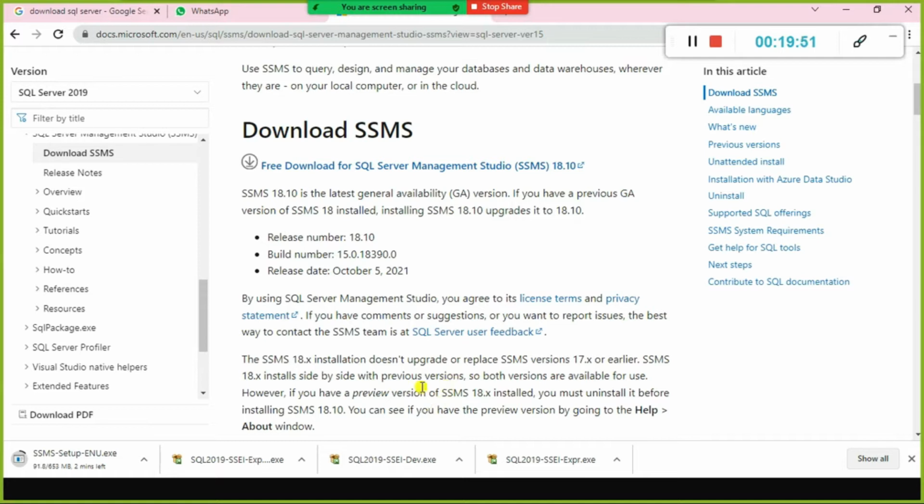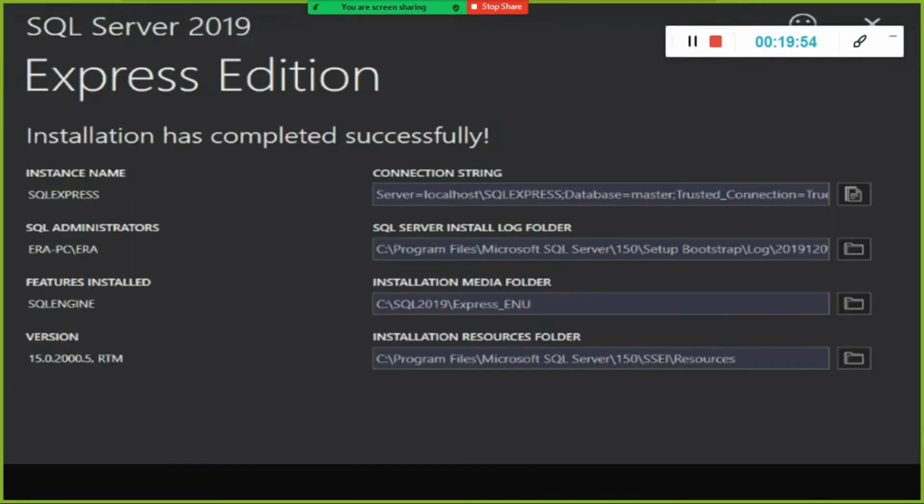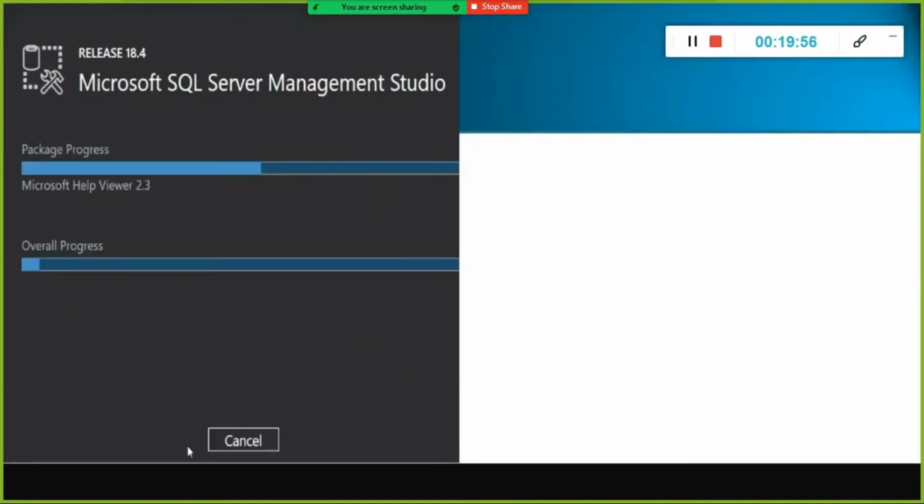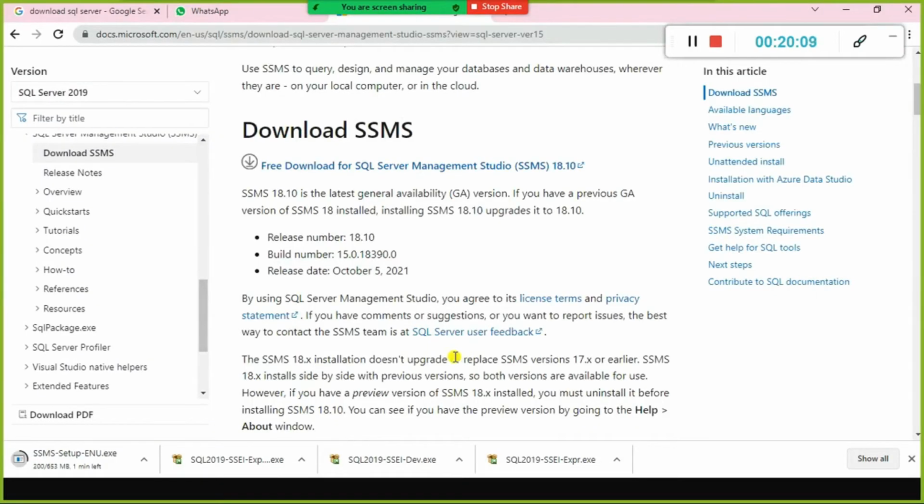In your case, make sure that SQL Server got installed successfully, and then you need to install SQL Server Management Studio. Don't do it in parallel, okay? Do it one after another. It is always a good practice. First install the server and then install SSMS, but you can initialize the download for both the SQL Server Express and the SSMS in parallel, but don't install them together. Install them one after another.